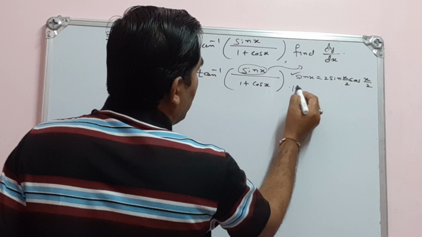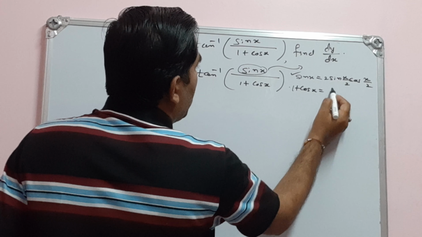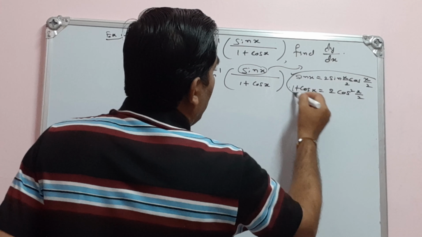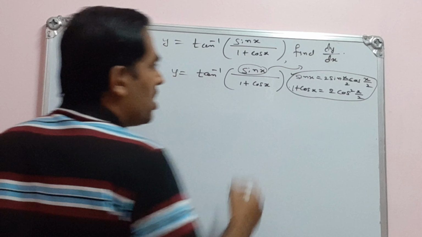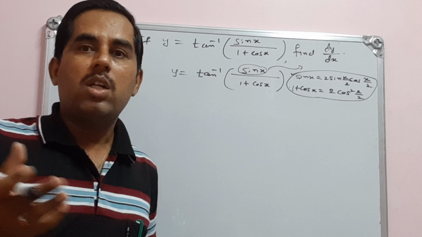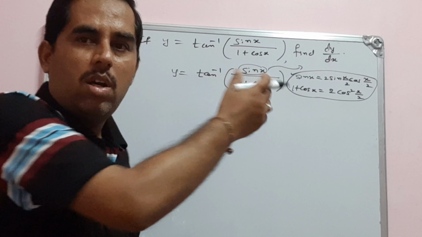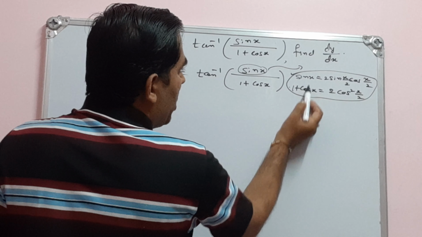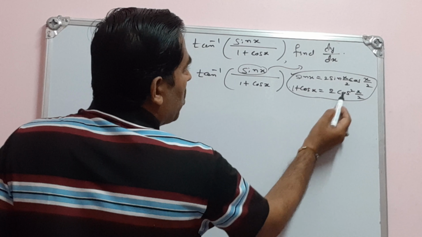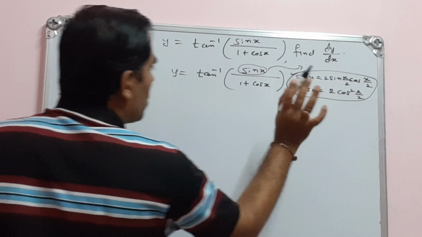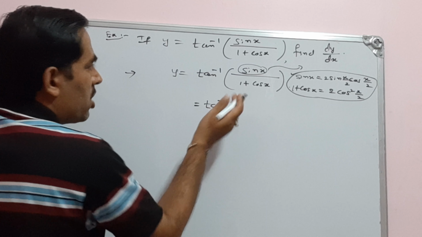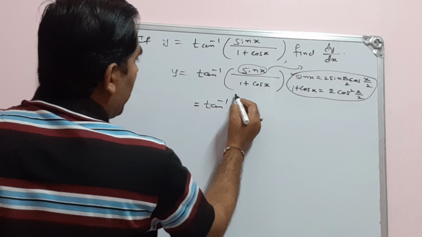Similarly, 1 plus cos x is there in the denominator. 1 plus cos x can be written as 2 cos square x by 2. So these are the important basic results, fundamental results, which we have learned in first PUC. So just I am recalling those. Sin x, 1 plus cos x, those are submultiples. Sin x can be written as 2 sin x by 2 cos x by 2, and 1 plus cos x can be written similarly. Just simply we can replace those. Here we need not substitute anything. Directly we can use the formula.